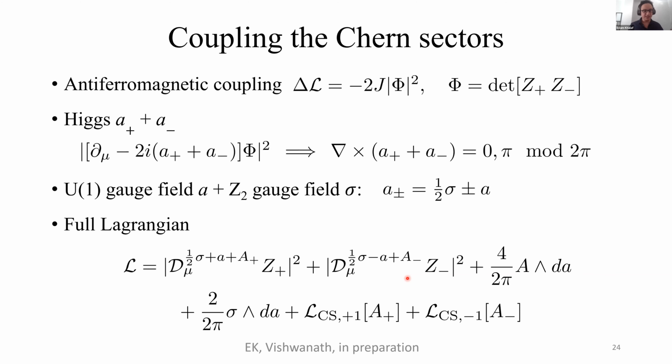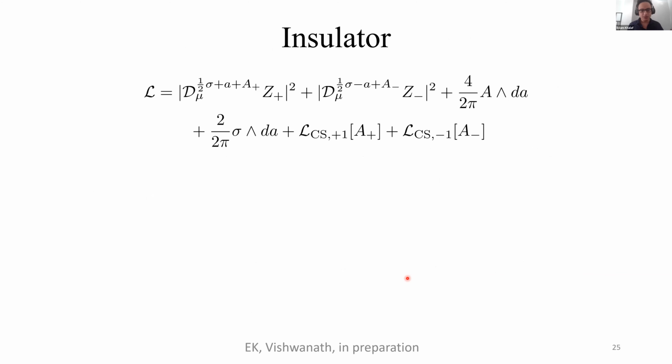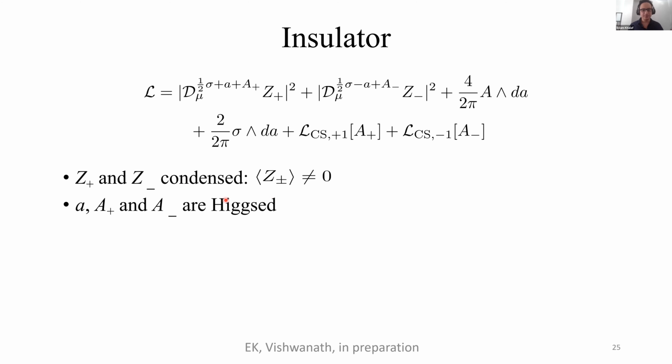So let's now see what the phases of this theory are. The simplest phase is an insulator. So in this phase, we just condense this Z plus and Z minus. Again, this is a very complicated way to express the insulator. And this would Higgs all the gauge fields. But the interesting thing to see in this phase is what the finite energy excitations are. So we want to be able to see the charge 2e skyrmions and the charge 4e skyrmions in this theory, and hopefully understand their transformation properties.